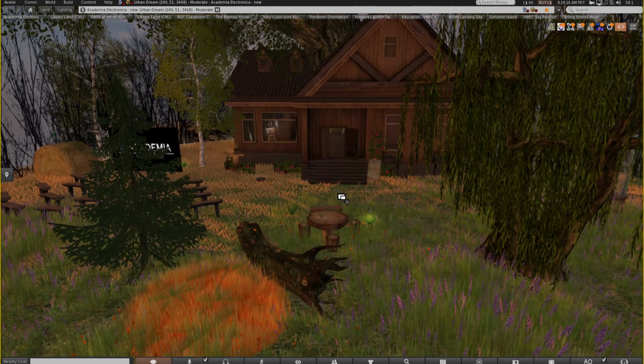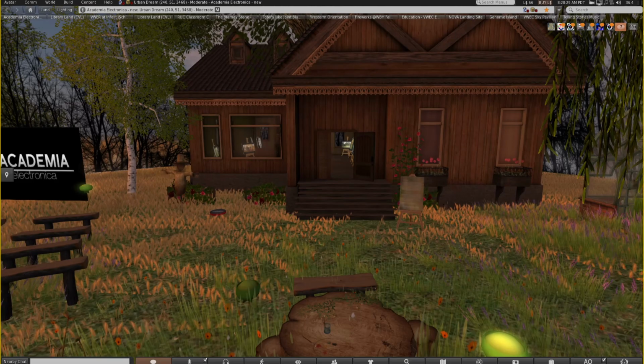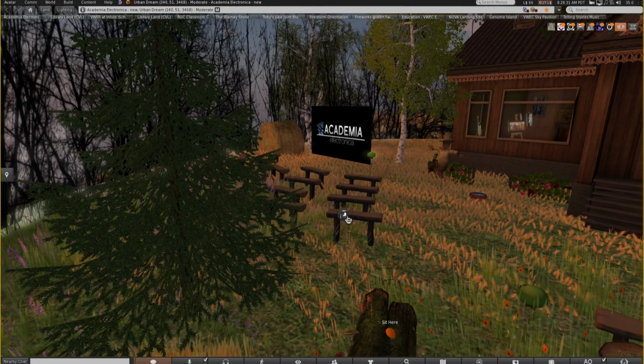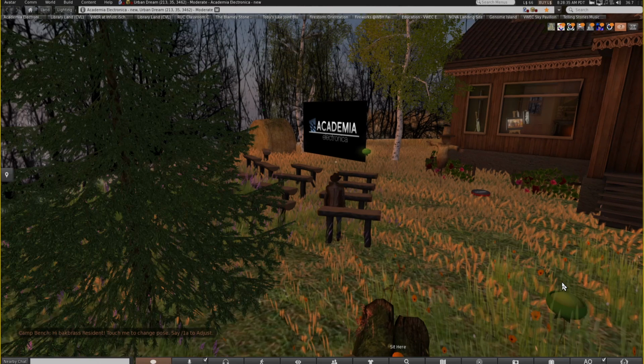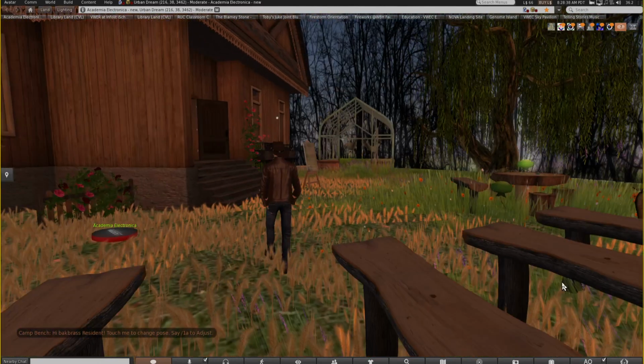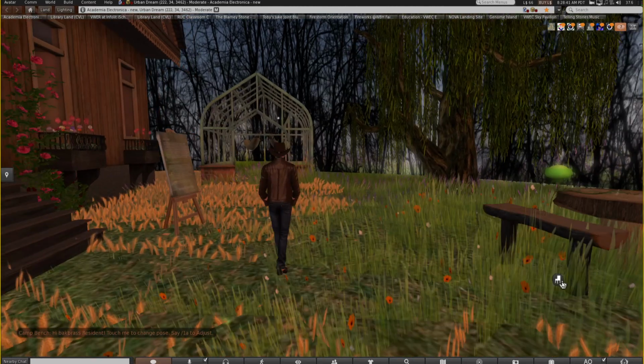Well, let's see if I can. I'm still inside there, my avatar is. Let's see if I can just sit here. Oh, there you go. And I can stand up. So I got myself out of that little attic space. And there